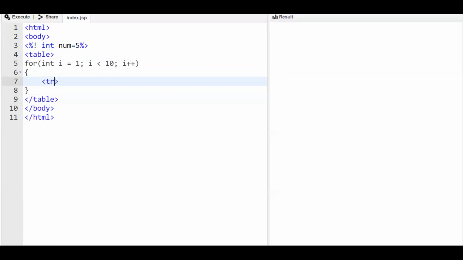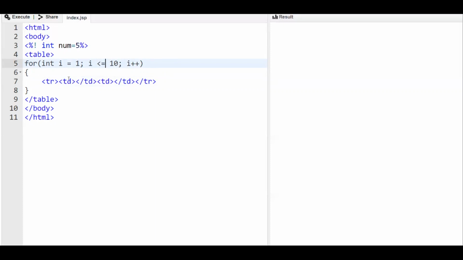These are the dynamically generated tables. So tr, then followed by td. We want two columns, so we'll put two td tags. The loop starts with one, less than or equal to 10, i plus plus.